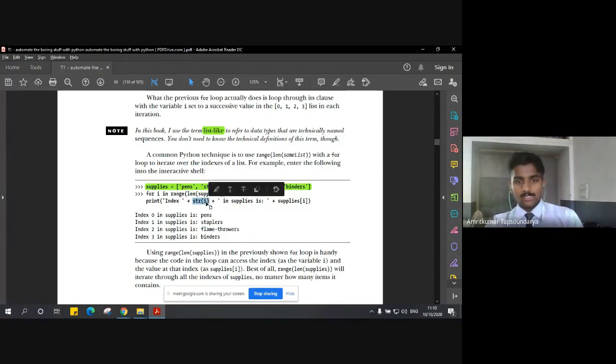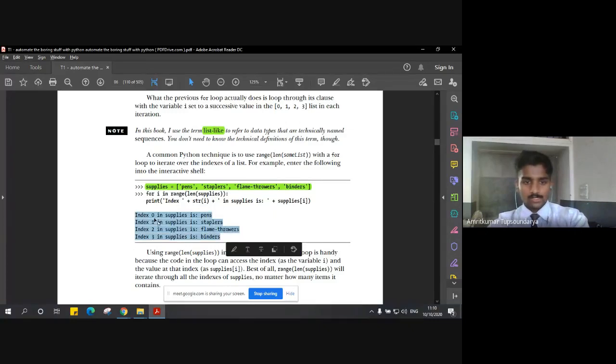Here i is the index, right? Plus the string again in supplies is the concatenation of the element or the item in the list supplies. So when we print this set of code or instructions, we get the following output.